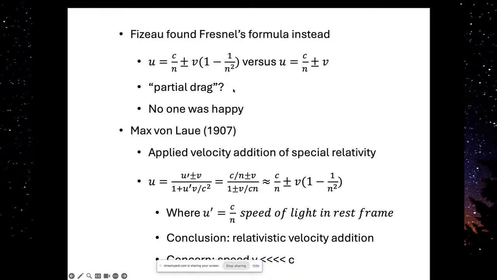One thing that they did recognize is that it matched a formula proposed by Fresnel in the early 1800s. And so there was something to it, but they weren't really happy with the mechanism. How could the water be partially dragging the light? So there wasn't a lot of new thought on this until 1907. Max von Laue proposed that what was happening is we were experiencing relativistic velocity addition. I guess he was a student of Einstein's or a colleague of Einstein's, I'm not sure. But he saw that if you took Einstein's relativistic velocity addition formula,